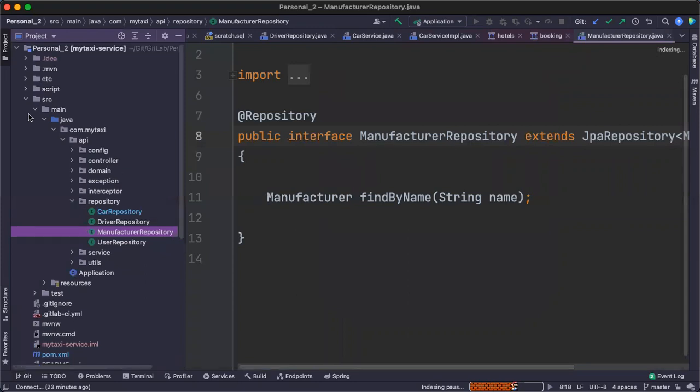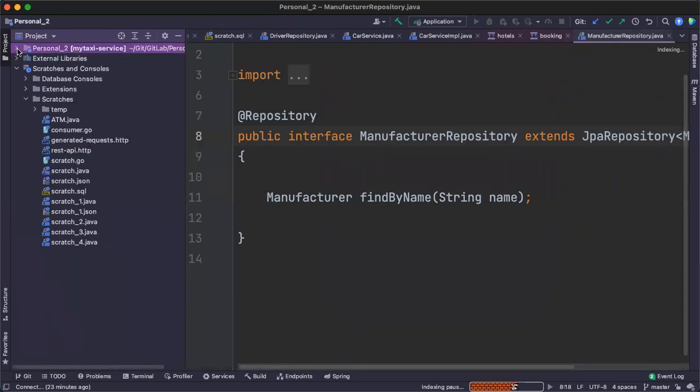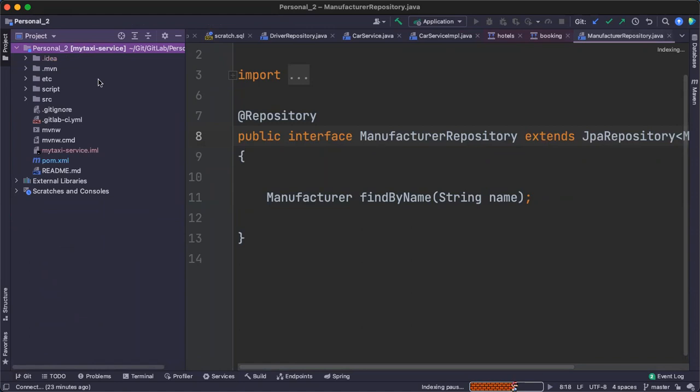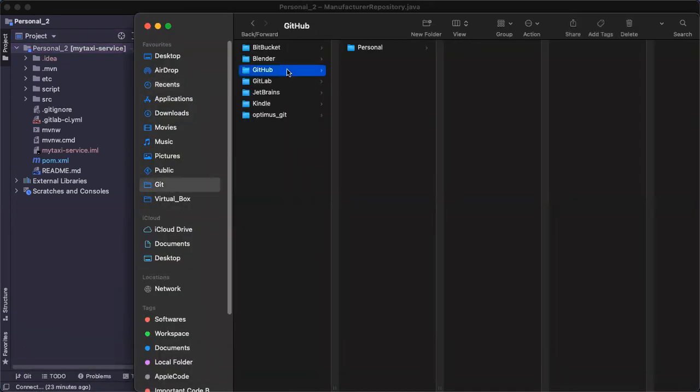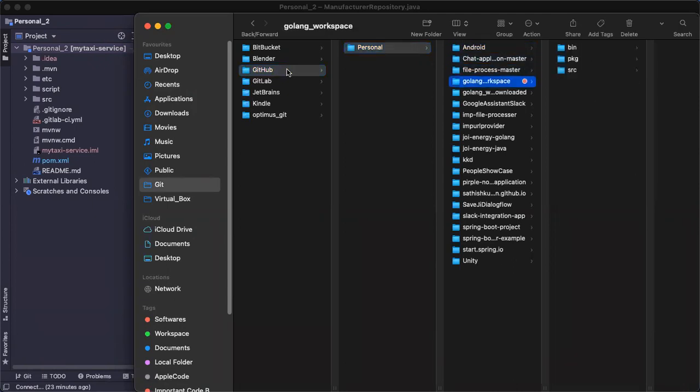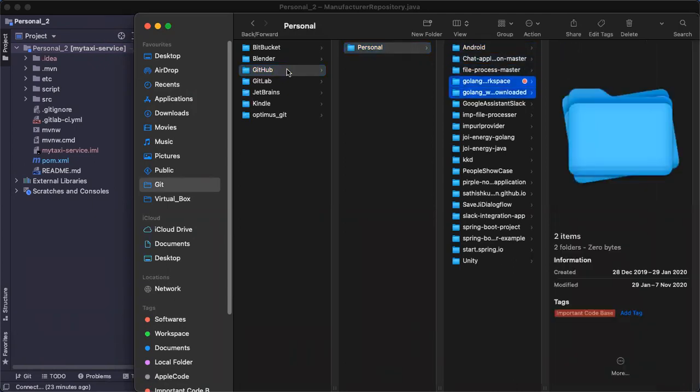If you're talking about microservices, they will come automatically here. All the microservices at the parent project level, if you have 20 microservices, all 20 will come here. If you're talking about two different projects together, like let me go to my GitHub, and you want to open these two projects in the same window, that is not possible.